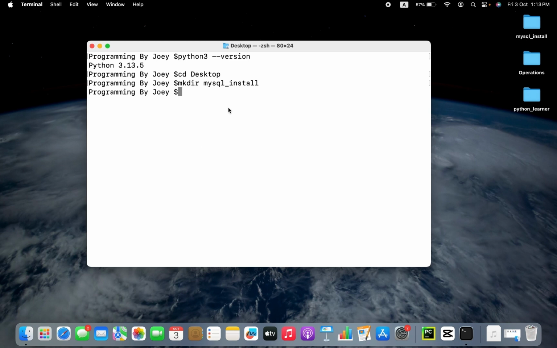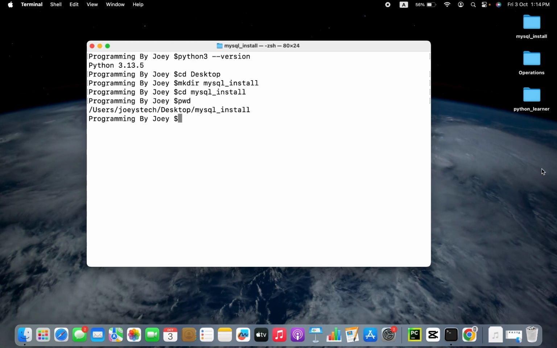Now we are going to go inside this folder mysql_install using the cd command like this. Let's hit enter and there you go. We are inside the mysql_install folder. Over here, we are going to create a Python virtual environment. Because installing Python modules in a virtual environment keeps your project dependencies isolated so they don't mess with other projects